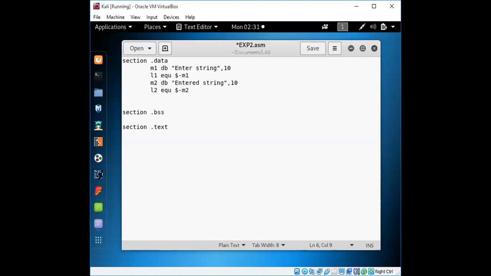Message. We'll get the length. Length is 3, so that it will display. We'll display some other messages too, and you can add more if you want.